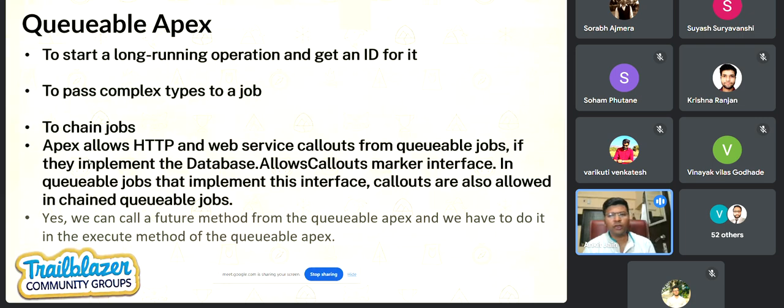Then you might think logically, if the same thing is happening with queueable as well, I am able to pass the object, so how is it allowed there but not in a future method? Both are asynchronous. The thing is, in queueable they fixed this problem of handling the state, and that was in Winter '15. So you can consider queueable as an enhancement over the future method.